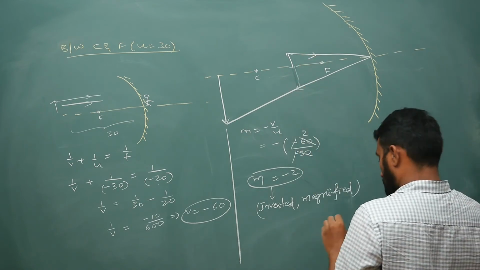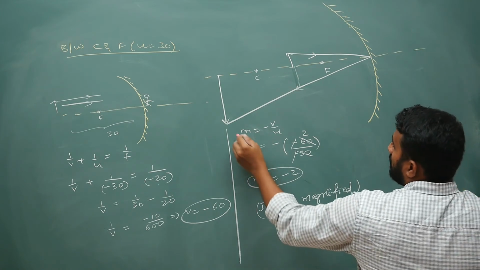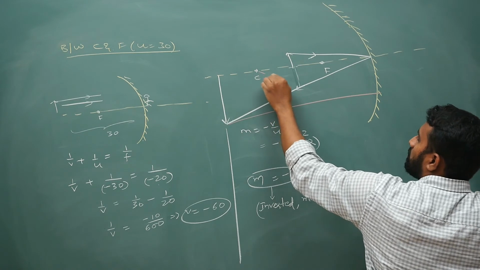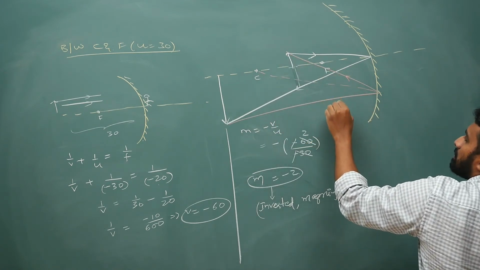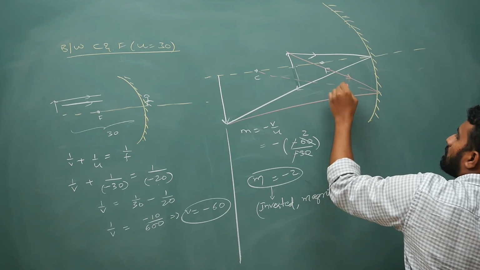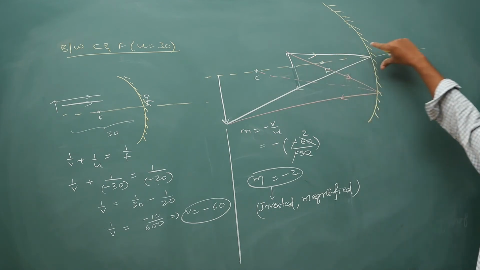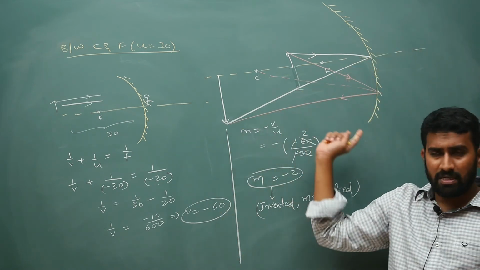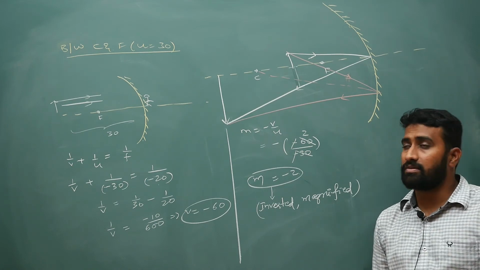Okay, and then reverse, second ray, okay, pink color you can take. It is hitting the surface here, this will be your normal, it will reflect back like this. Okay, so two rays after they are striking the mirror and they are reflecting back. Okay, from the image try to draw the reverse, things will become easy. Okay, you will not get confused.